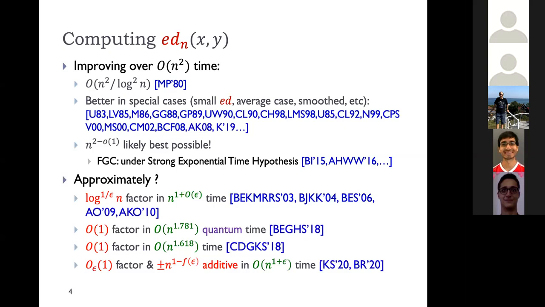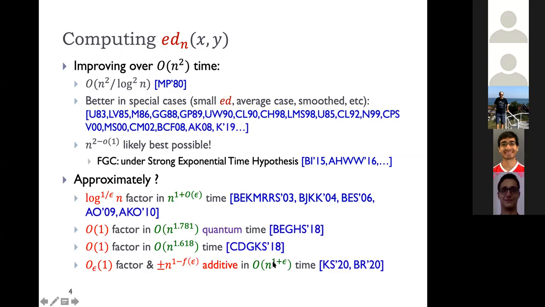There are a couple of papers this year that obtain near linear time, constant factor approximation. The approximation factor depends on epsilon, on the target epsilon. But there is kind of a big caveat in a sense, namely that the approximation that one obtains is not only a multiplicative constant factor approximation, but there is also an additive term. So something like n to 1 minus some function of epsilon, again, where epsilon is the one that is from